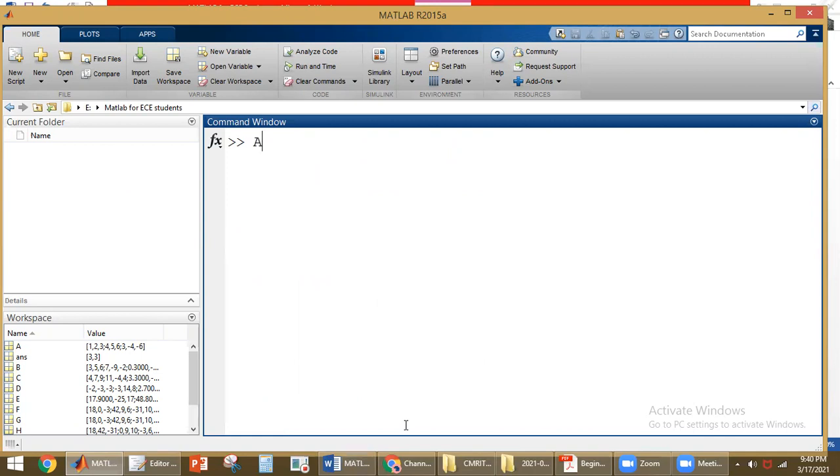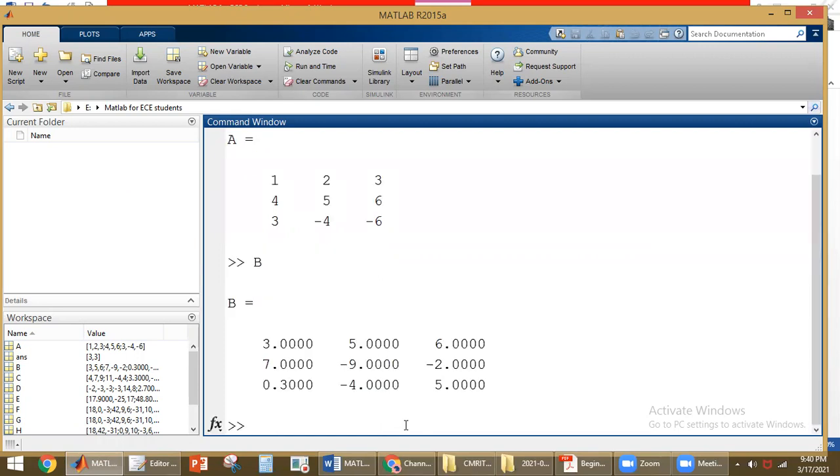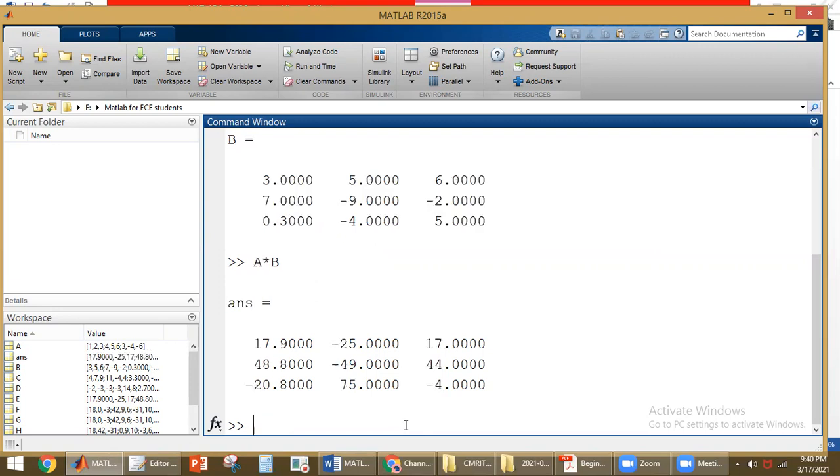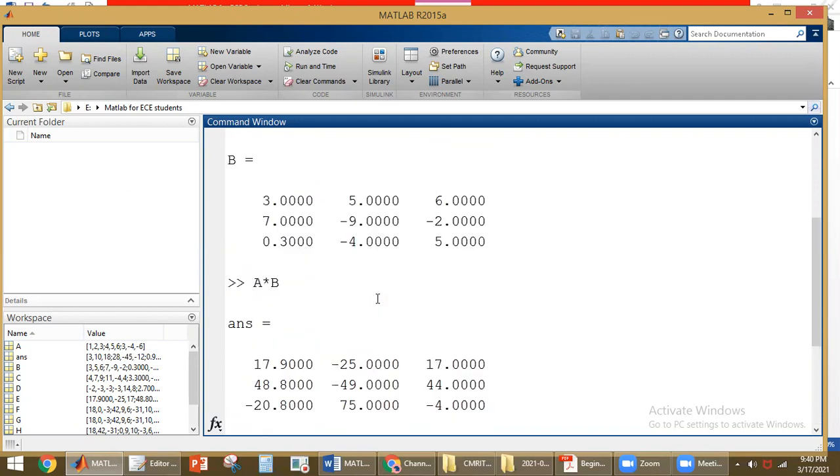We have created a matrix A. To see matrix A, just type A and press enter. Type B, press enter. We get matrices A and B. Now we already discussed how to perform multiplication: A into B gives the matrix multiplication between A and B. Now we have one more important operation in MATLAB, that is dot star. The difference between star and dot star is that dot star will perform element by element